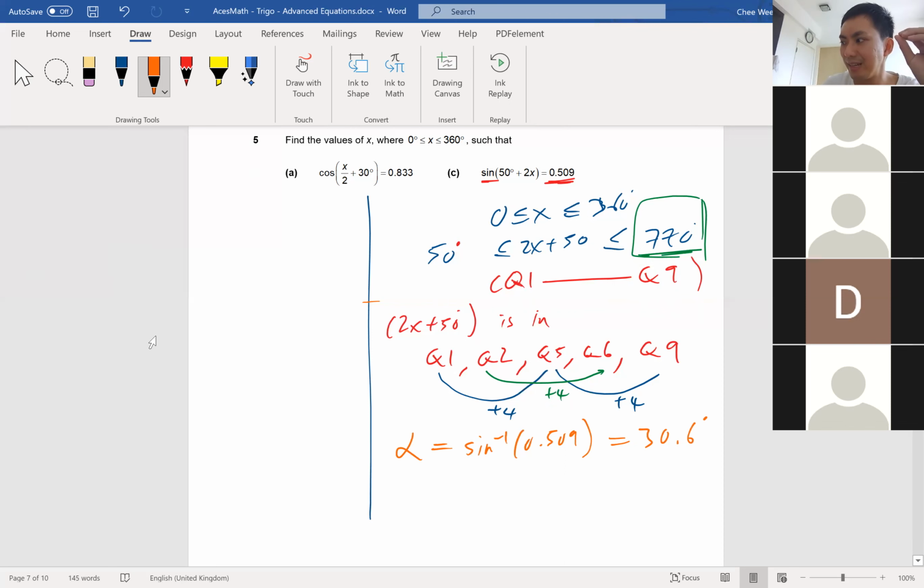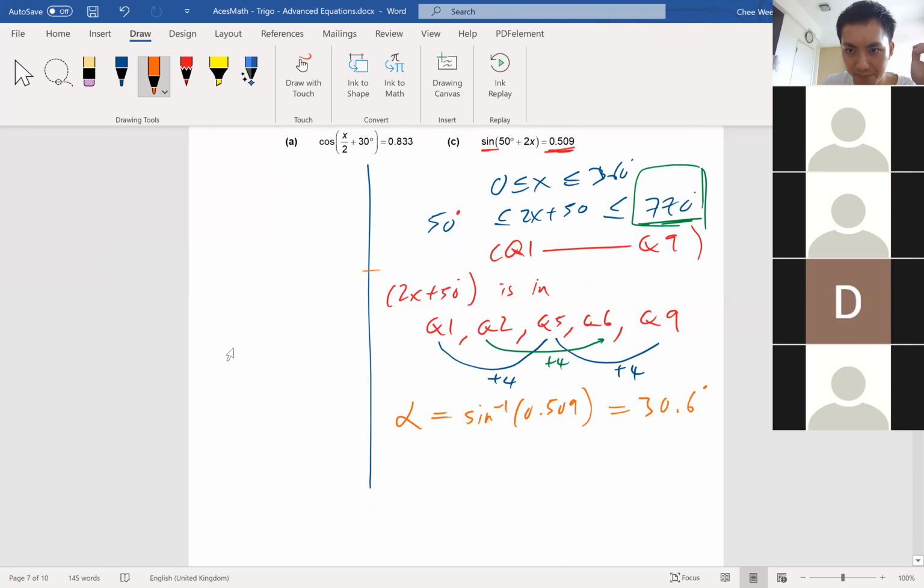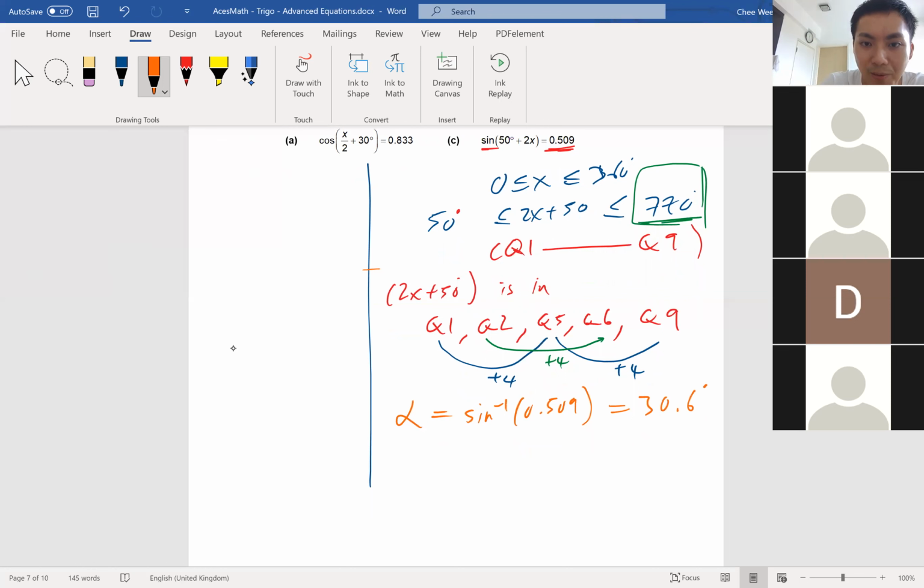So we have 5 answers under consideration. We will then write them all out. So remember, the angle that we are solving right now is still not x explicitly, but 2x plus 50 degrees here. So 2x plus 50 degrees is then equal to alpha, 180 minus alpha, 360 plus alpha, 360 plus 180 minus alpha, and